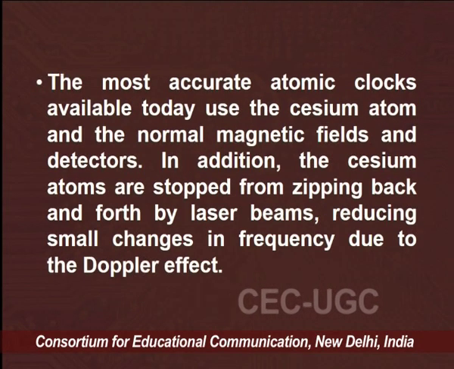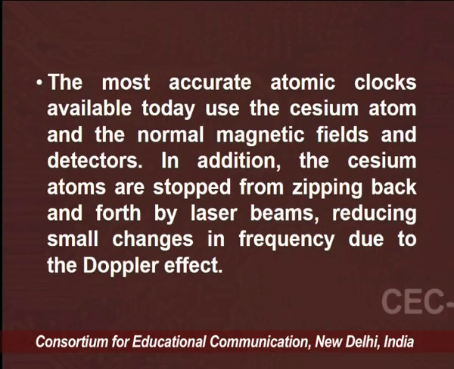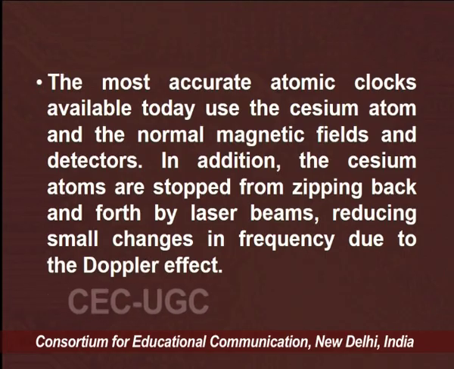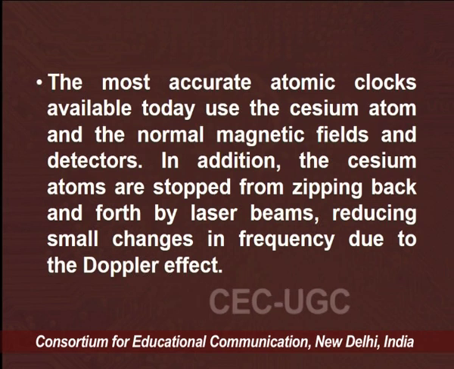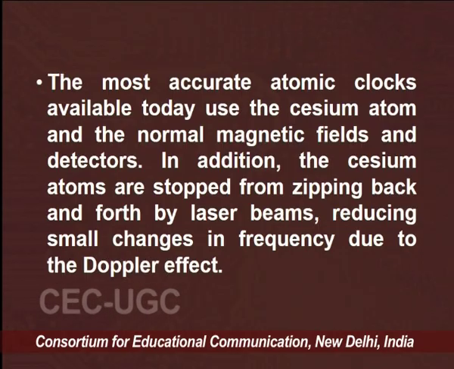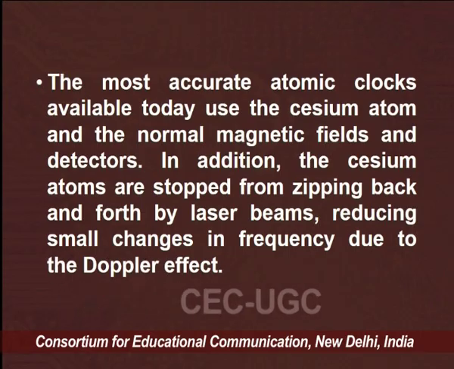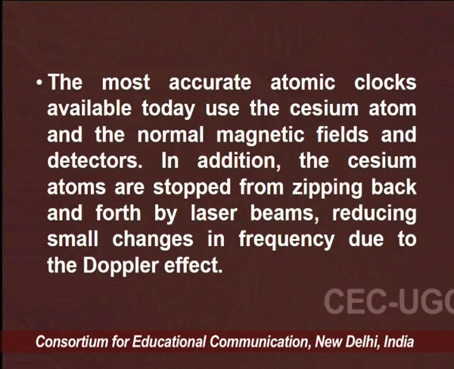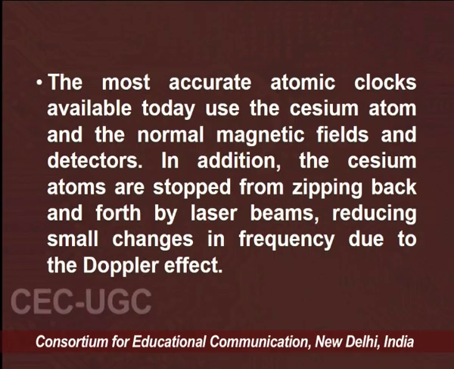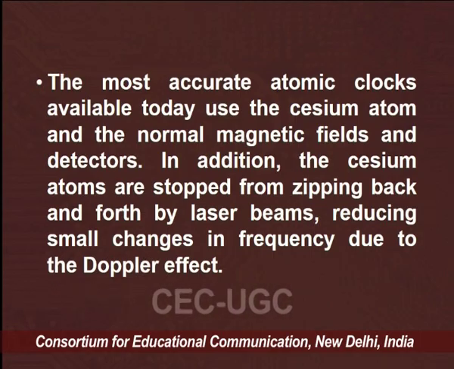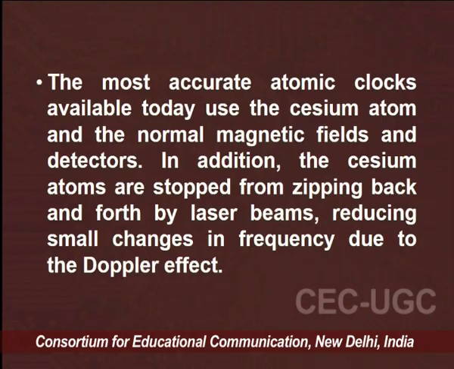The most accurate atomic clocks available today use the cesium atom and the normal magnetic field and detectors. In addition, the cesium atoms are stopped from zipping back and forth by the laser beam, reducing the small changes in the frequency due to the Doppler effect. Means we are not changing the level. It must be insensitive to the external